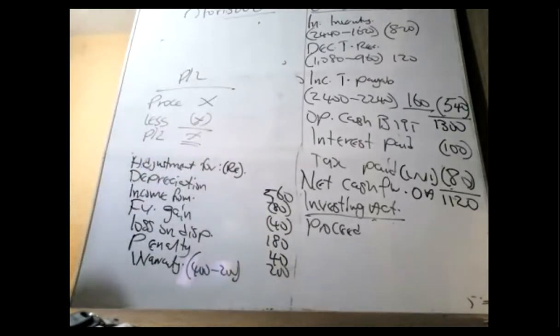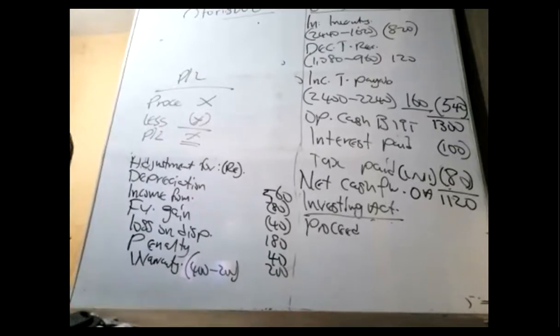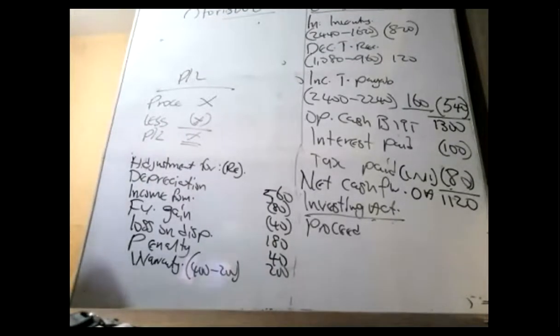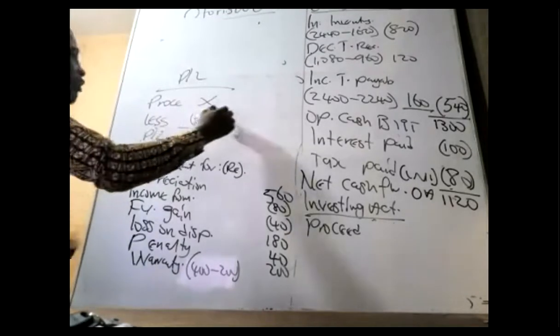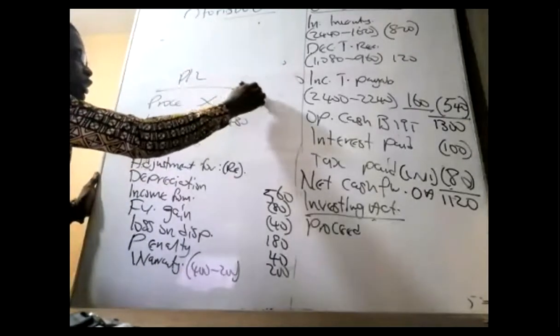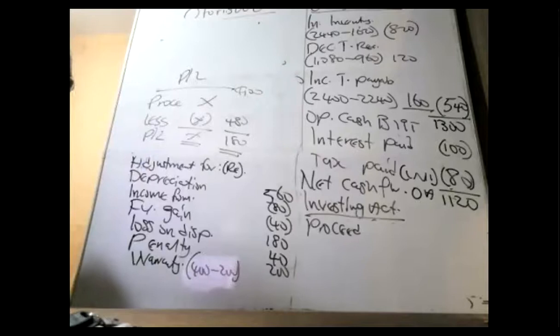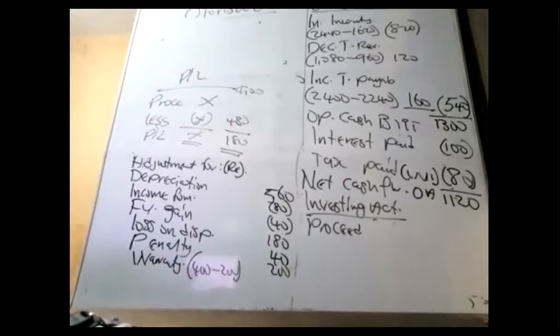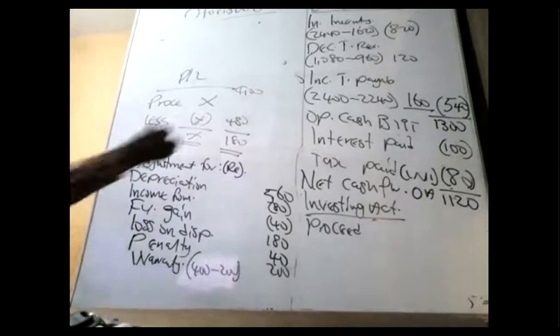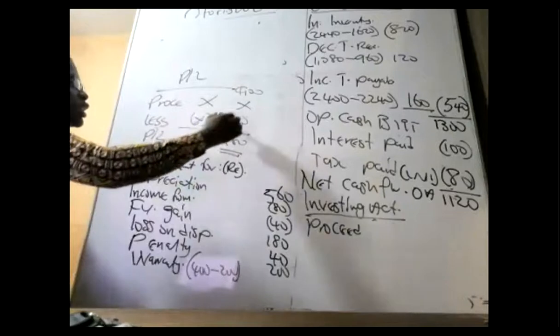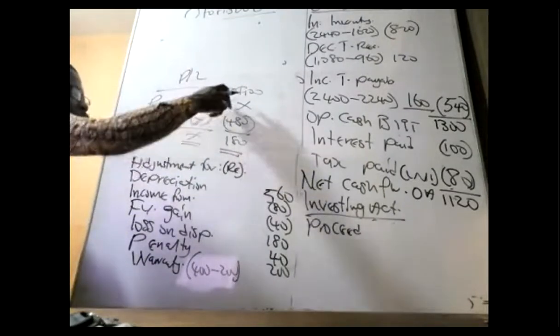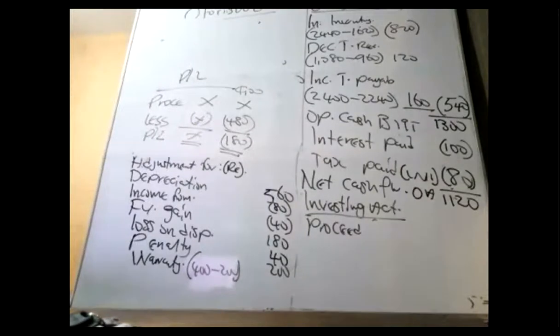And now in this question, they have given us the loss already. So when they disposed of the item, the item's current value is 480. There's a loss of 180. So what do we need? What is the proceeds? How much did they sell the asset for? How much was the sale value? So here is X. What should be the figure? If I subtract 480 from it, I'll get minus 180.